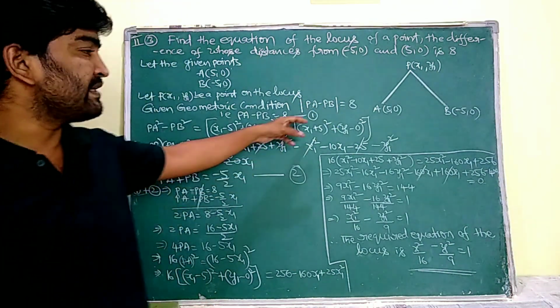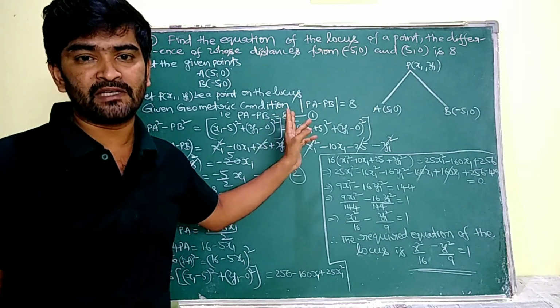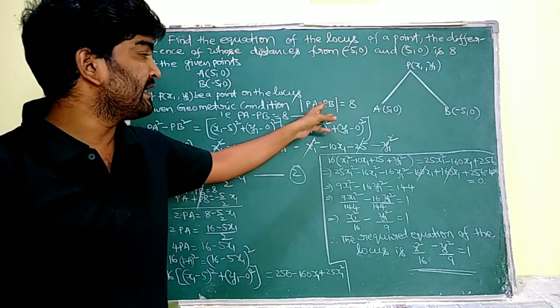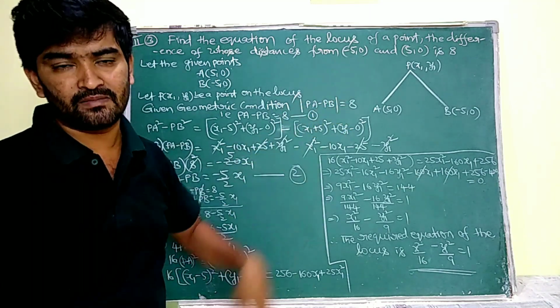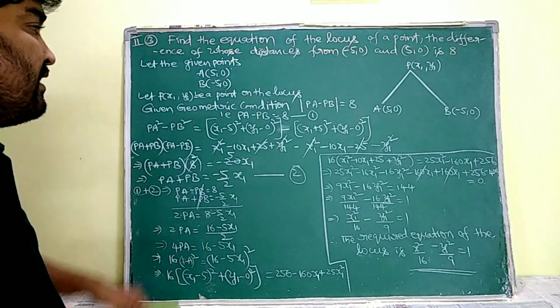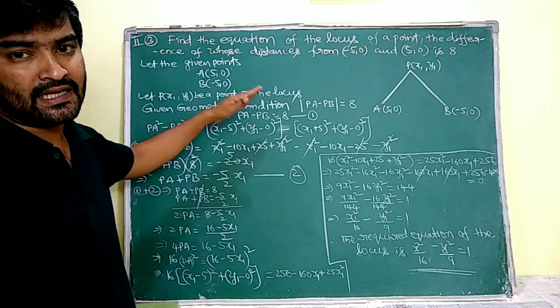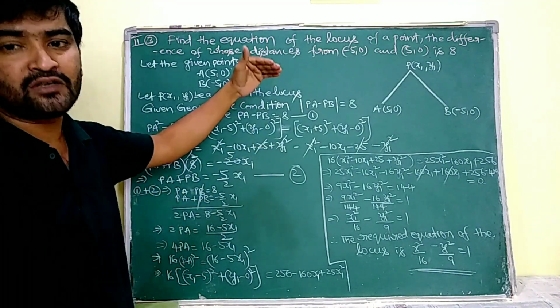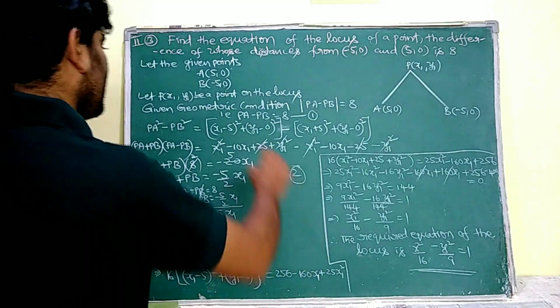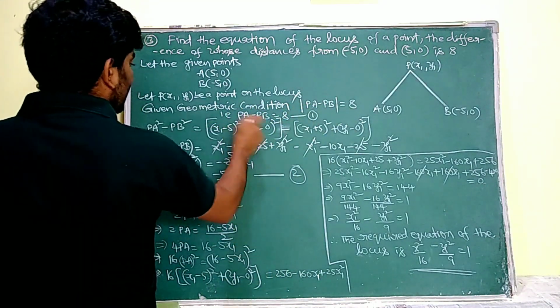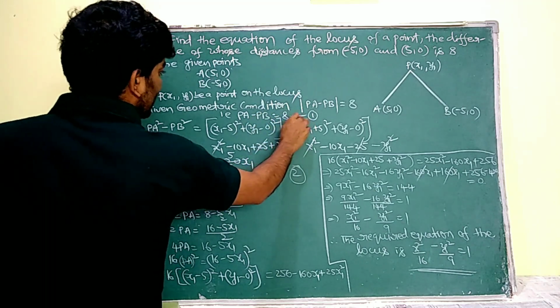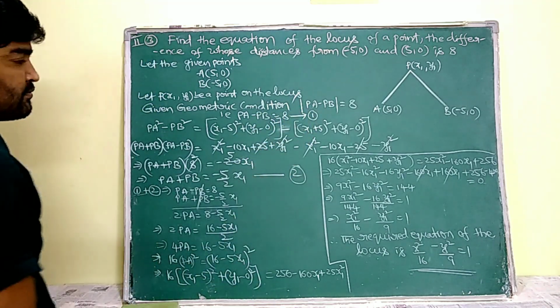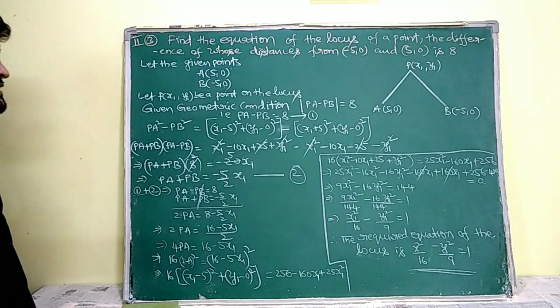Now, you may solve this using two different methods. You may square both sides of this equation directly, but by doing that you are going to get a lengthy problem, so I am not going to follow that. Firstly, PA - PB = 8, I am directly going to consider it as 8. I am going to call that equation 1.